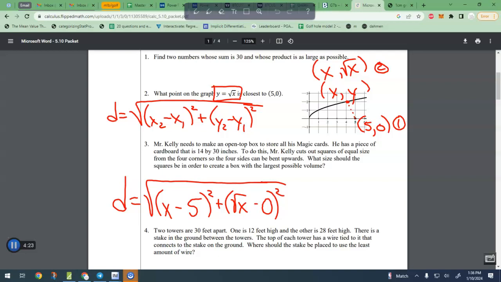For today, that's the answer. Today is just set up the equation that we're going to take the derivative of, make sure it only has one variable, and then